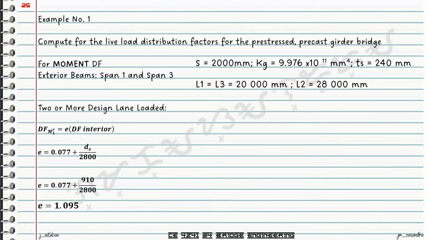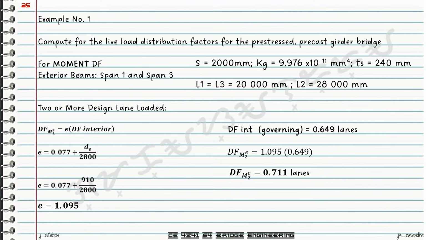And what we have computed a while ago for the distribution factor for interior beams for span 1 and span 3, the governing value was 0.649 lanes. So the distribution factor now for the moment for exterior beams for two lanes is equal to e, 1.095, times the distribution factor for interior moment, which is equal to 0.649. That will give us